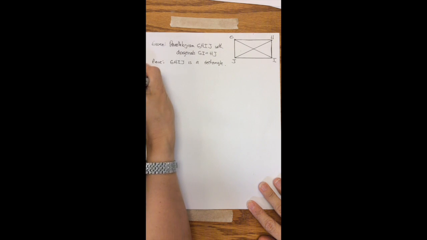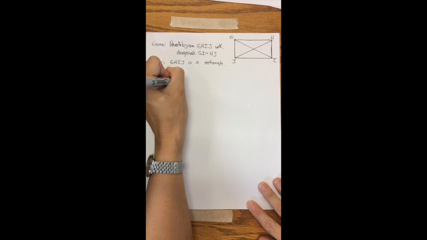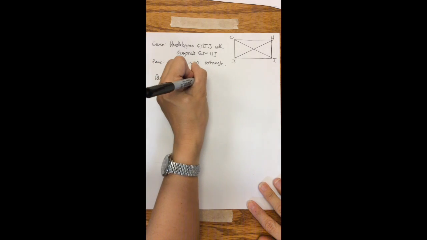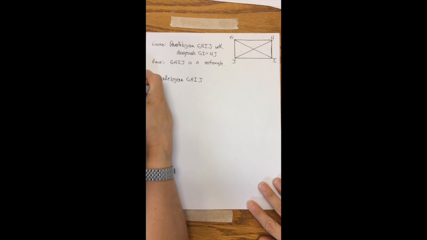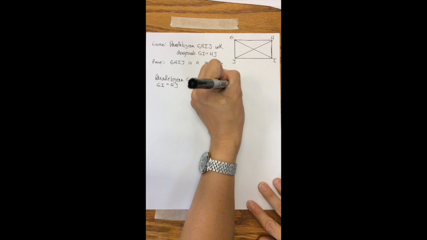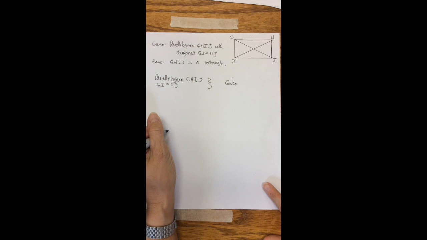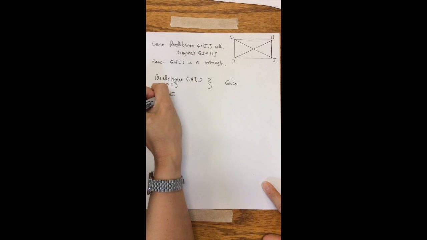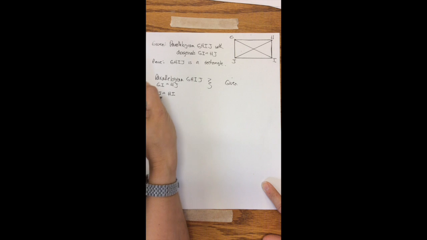We know that parallelogram GHIJ, and we know that GI equals HJ. Those are both given. Okay, we also know that GJ equals HI. Nope, that's not what I'm going for. We know that, sorry,